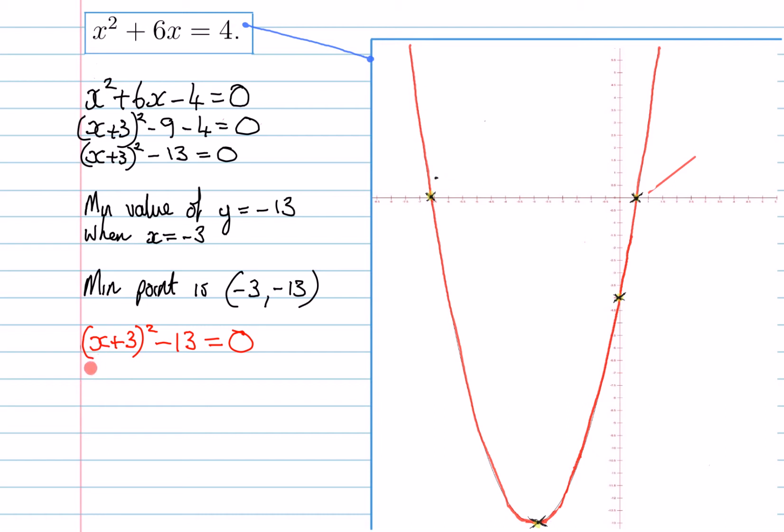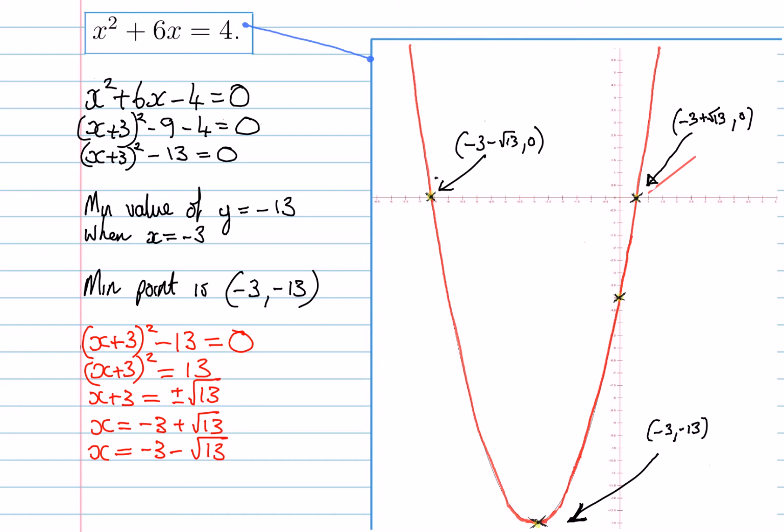So rearranging the equation, we get (x + 3) all squared is equal to 13. So x + 3 is going to be equal to the positive or negative root of 13. So x is equal to -3 + root 13, or x is equal to -3 - root 13. So our solution for x here, -3 + root 13, that's the root here. And this other solution